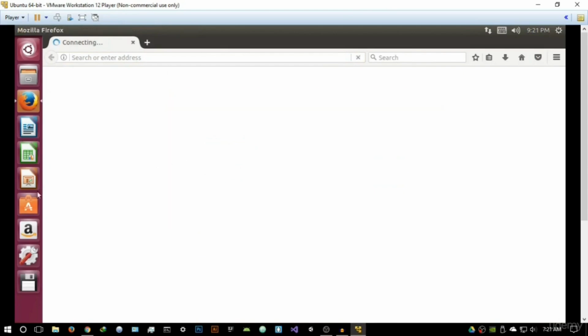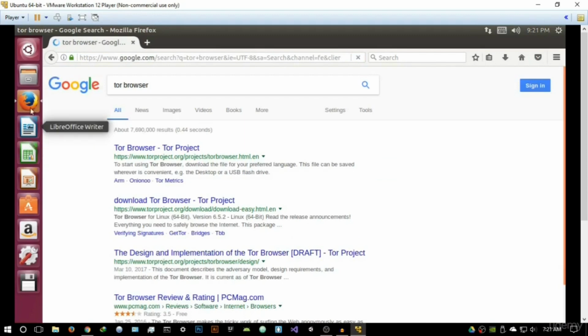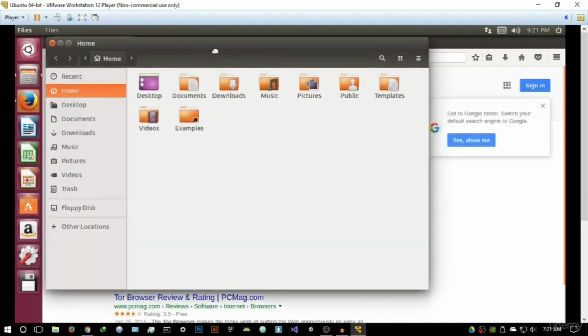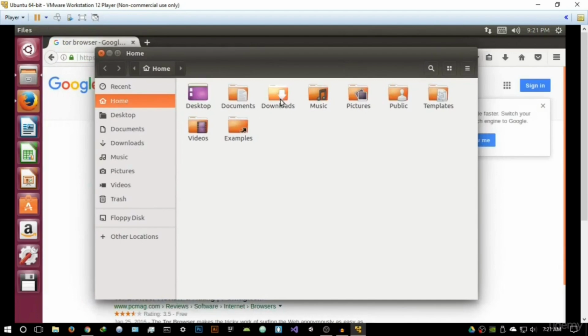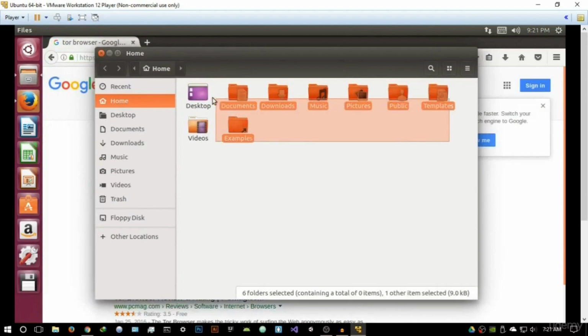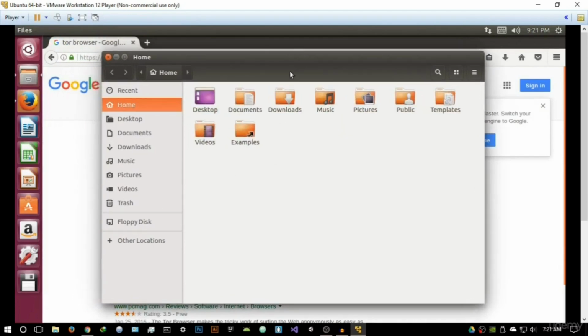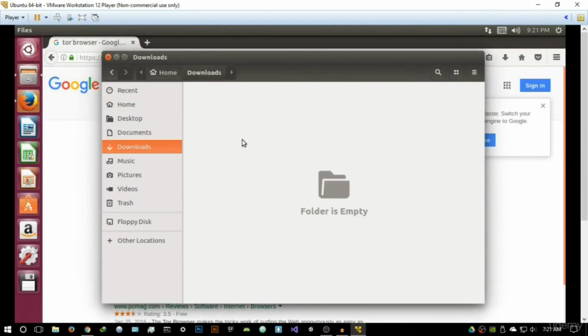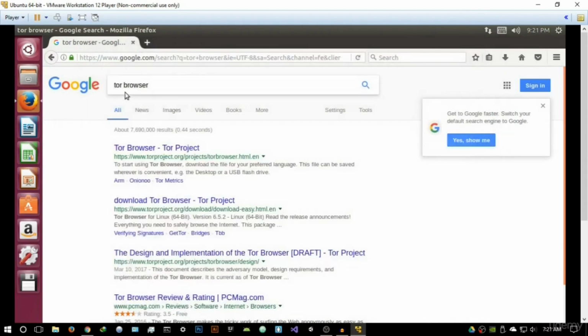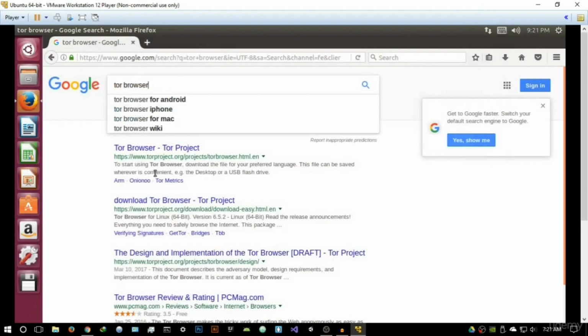browser. You have other applications here, like LibreOffice. You have your file manager, so you can really just customize your files very easily. As I said, it's very, very similar to Windows and Mac OS in terms of user interface. You have your downloads folder. Let's just close that. So basically search for the Tor browser and hit the first one, the Tor browser, on